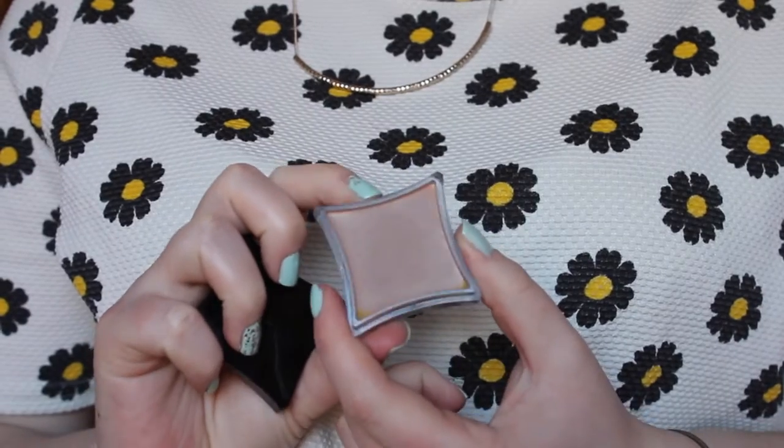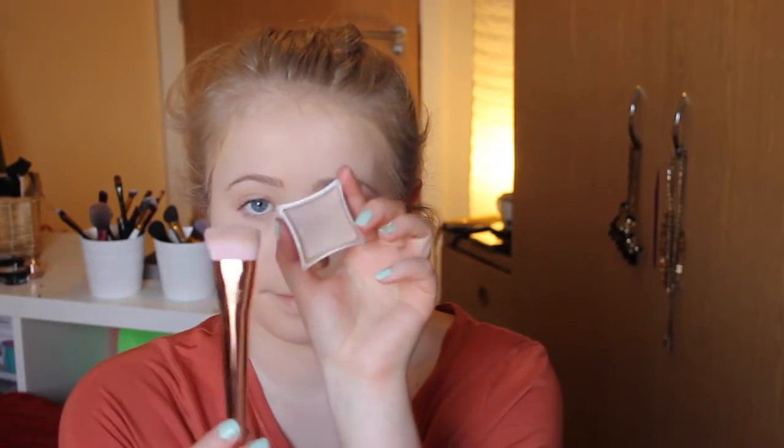Onto contour, this is the Illamasqua Cream Pigment in Hollow, and that is the Real Techniques 301 brush, and I'm just going to be applying this to the hollows of my cheeks. As I am going out, it's going to be quite a strong contour, but nothing too crazy. So as you can see, I'm just working it into my face, and then I'm going to be blending that